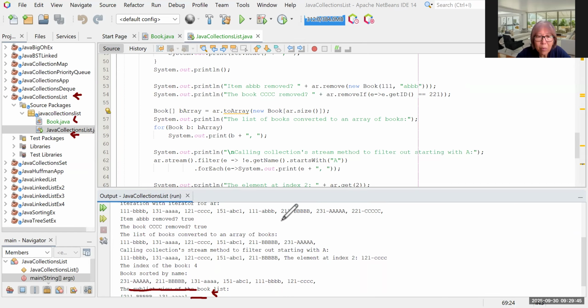So it did get removed, and then the book list was converted to an array. Okay, so that's the output. Now we can also see this removed. The item did get removed. Okay, then let's see. So here, if you recall, the ArrayList,